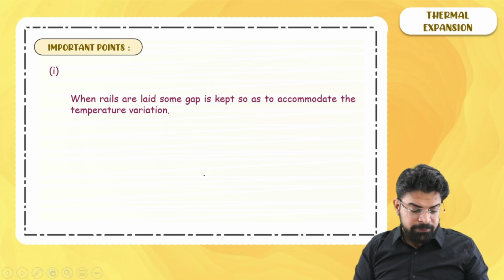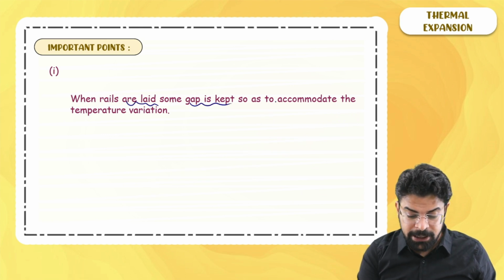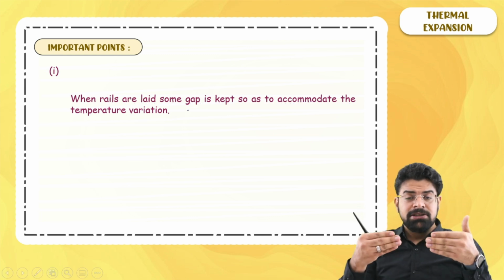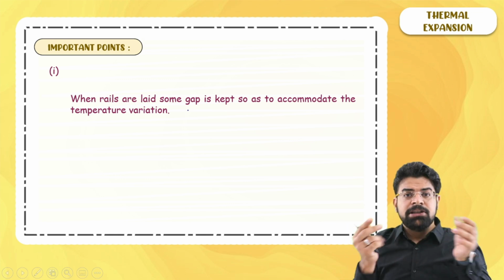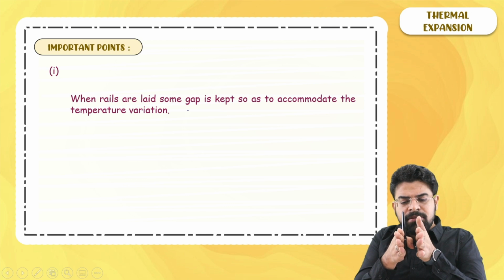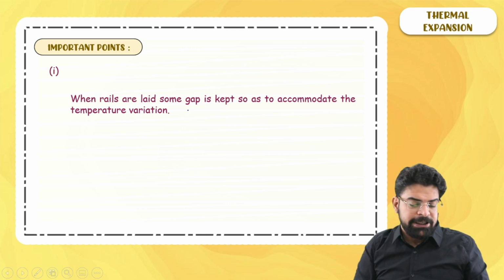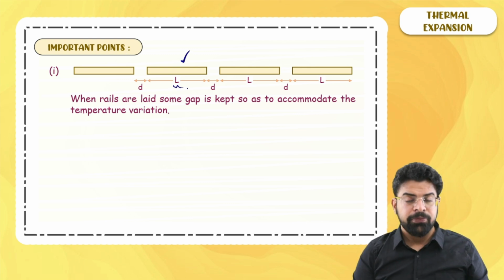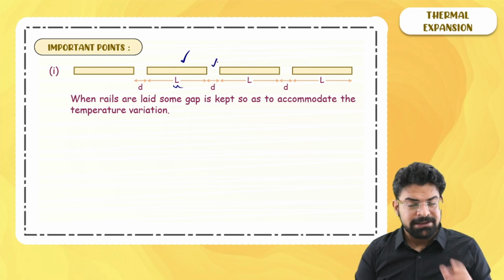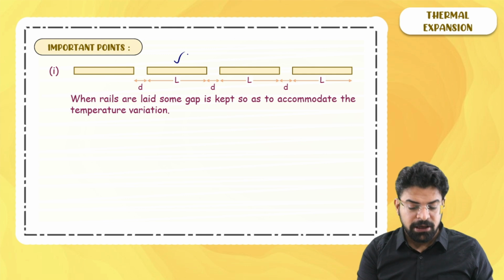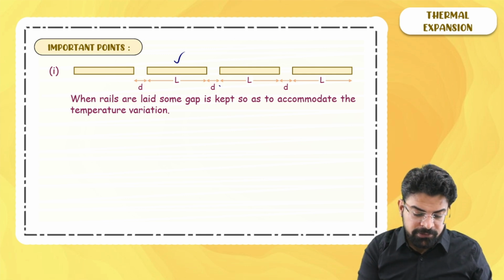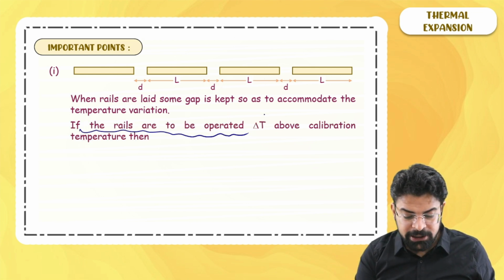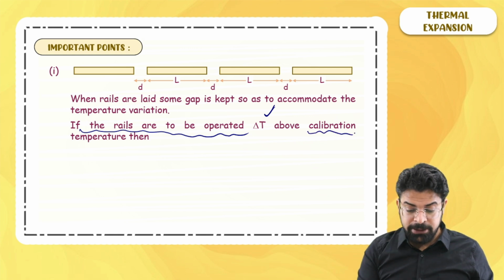Remember that when rails are laid, some gap is kept so as to accommodate the temperature variation. So when the temperature increases, these two rails which are placed next to each other should have some gap so that on heating they can move towards each other and there is an empty space. So this is how tracks are laid. Let's say each rail has a length L and the gap between two consecutive rails is D, and you are placing multiple rails. So if the rails are to be operated at temperature delta T above the calibration temperature,